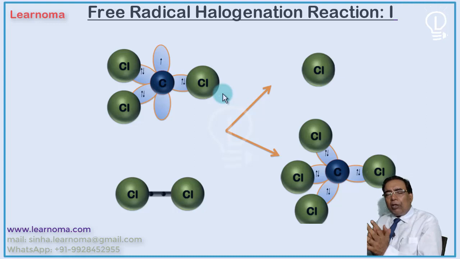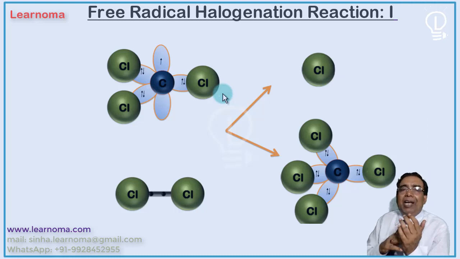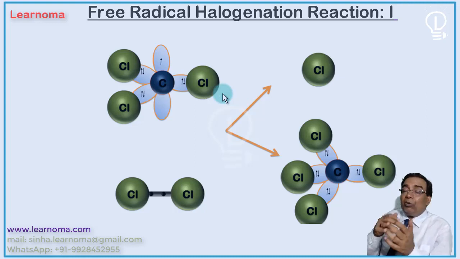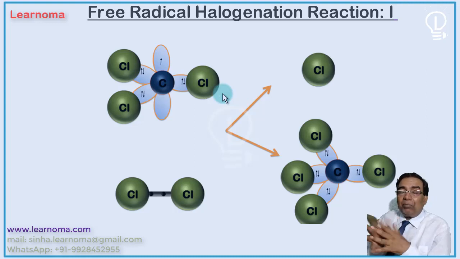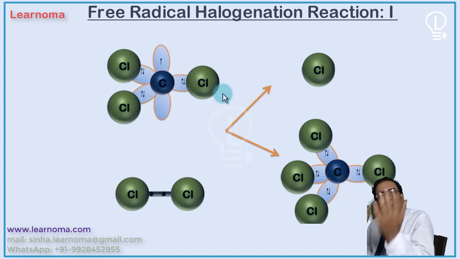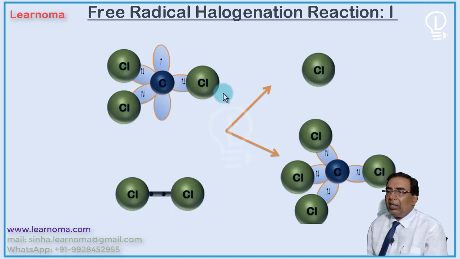In chain reaction, once a photon is used, once a radical is produced, it will carry out chain reaction. It will react with thousands of neutral molecules. And see, in a lot of processes, ozone hole formation is also a radical reaction. Once a radical is formed, it will dissociate a number of ozone molecules. See, this is your chain reaction.